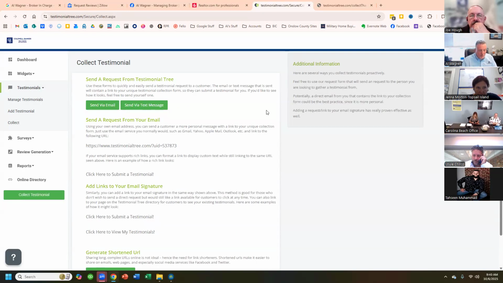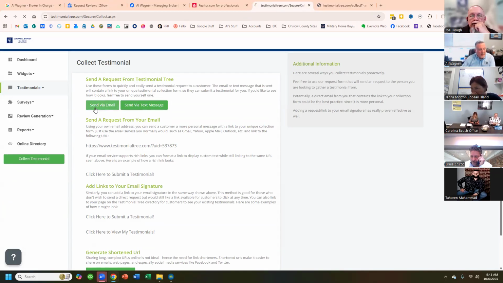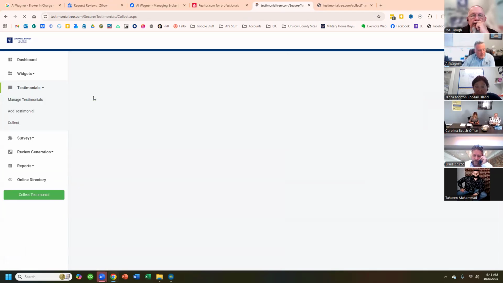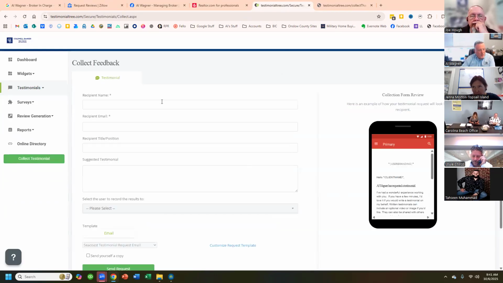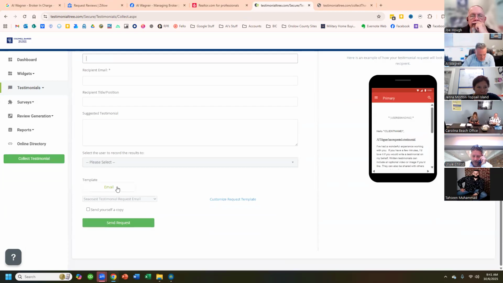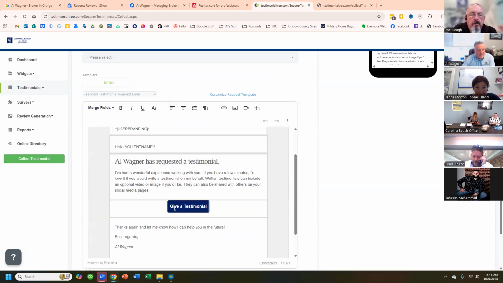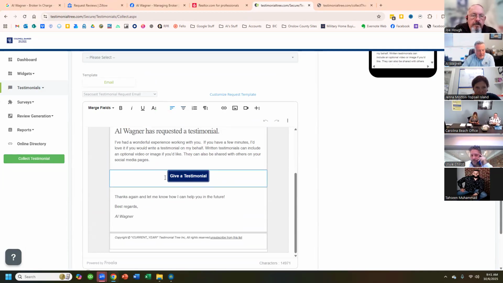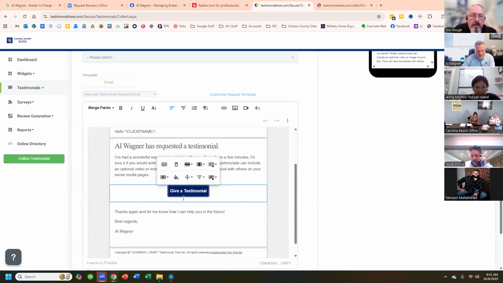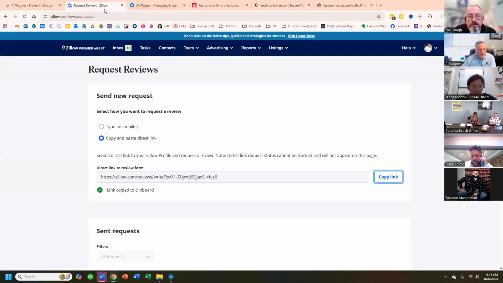If you want to send one from Testimonial Tree, click send via email and click here, and it's going to pull up the default email. It walks you through who it is. If I want to use the default email, I can do it here, or I can customize the request template, and then it's going to let me edit this email. This is what the default email looks like, and I can change this around. I could even delete this and add in my Google and Zillow if I wanted to do that from this system. It's much easier just to go to your Zillow platform,